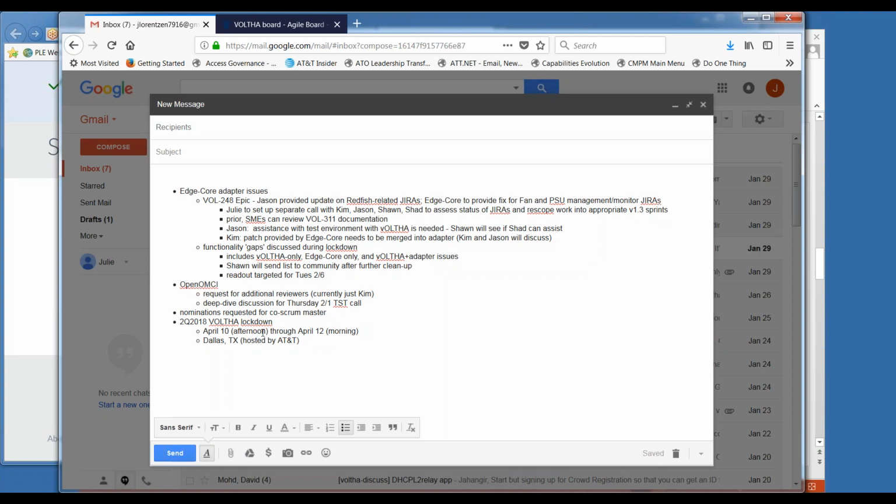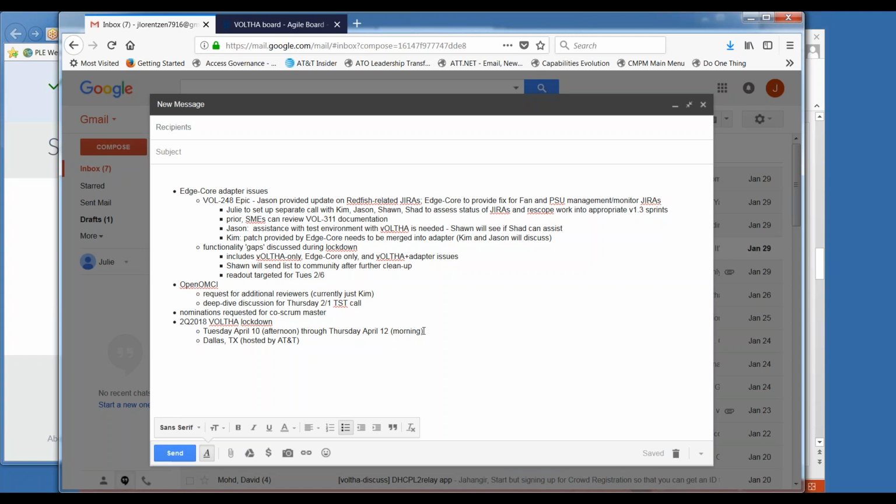Anybody has any comment? So I basically decided, if people are against the idea, I don't think this is a good idea to have AT&T to host consecutively. Please shout out right now. I'm not very democratic here, so